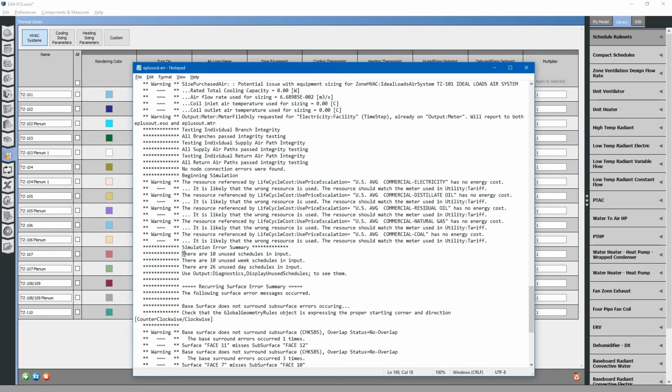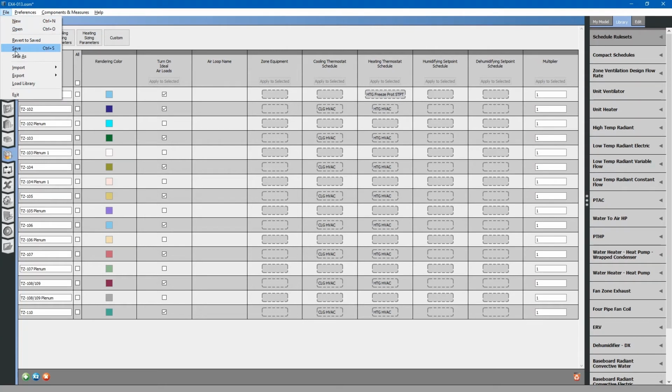Next, let's go to these other errors. This says there are 10 unused schedules in the input. To look at those schedules in Output Diagnostics, we would have to select Display Unused Schedules to see them. Let's do that. Going back to the model, click Save,